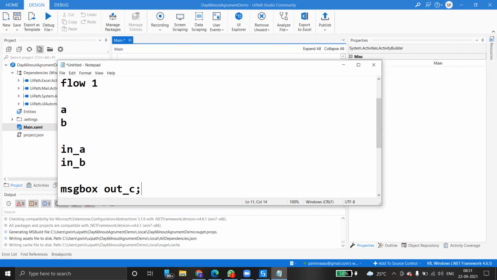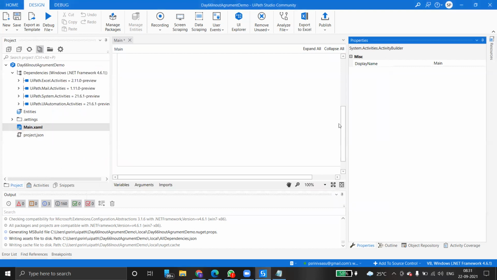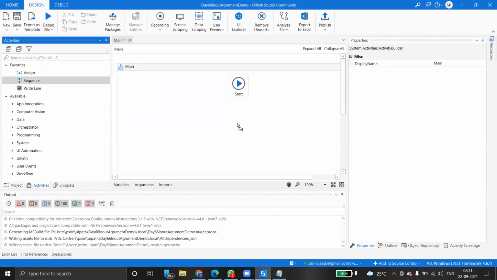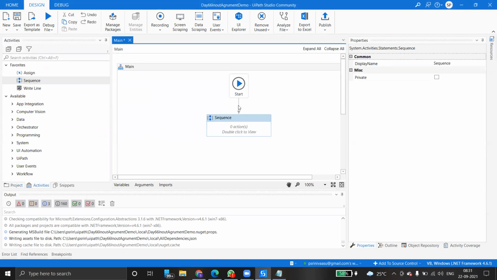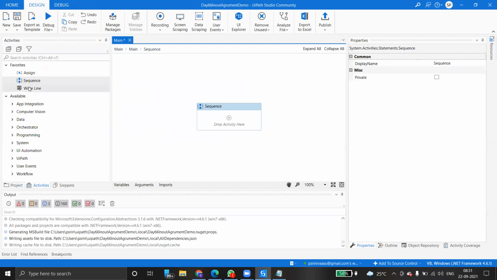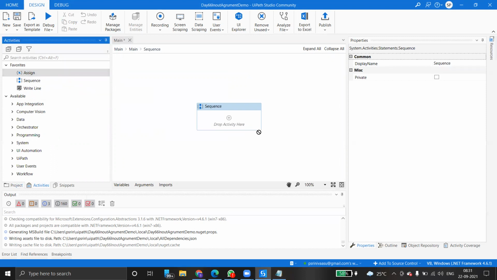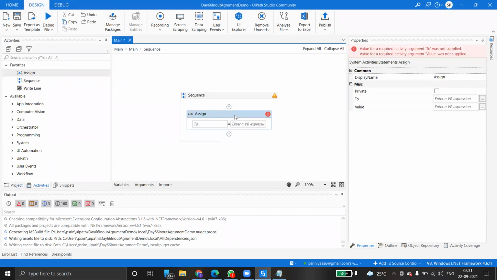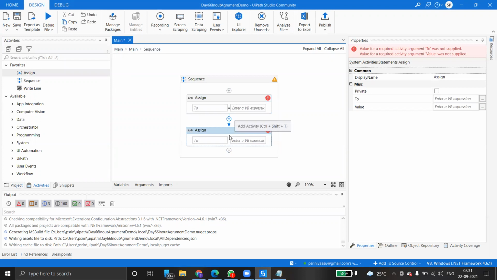Can we do it? Yeah, I will show you. Please follow the same steps. This is start, and first add the sequence. Inside the sequence, double click. First assign some values. Two values I have assigned.